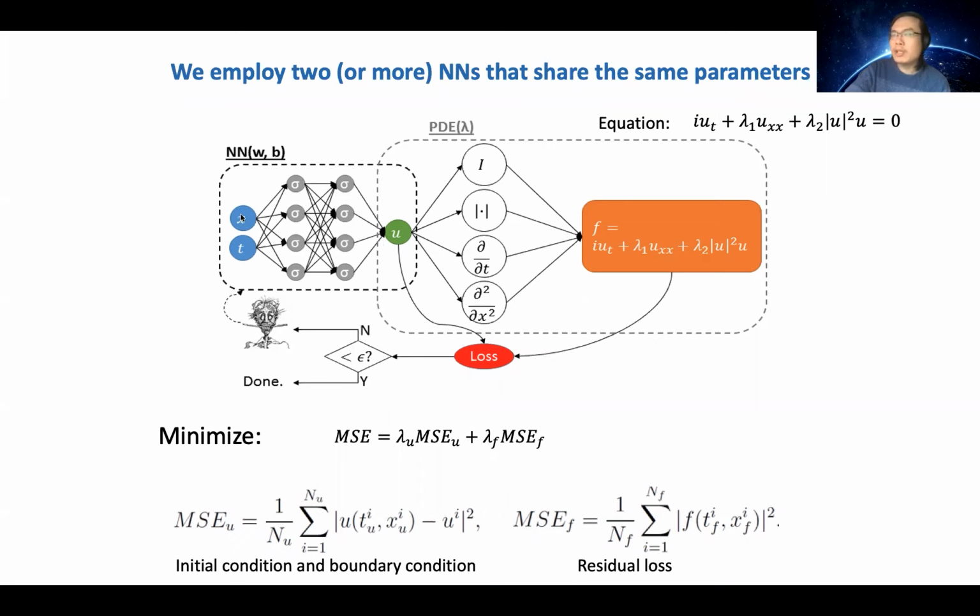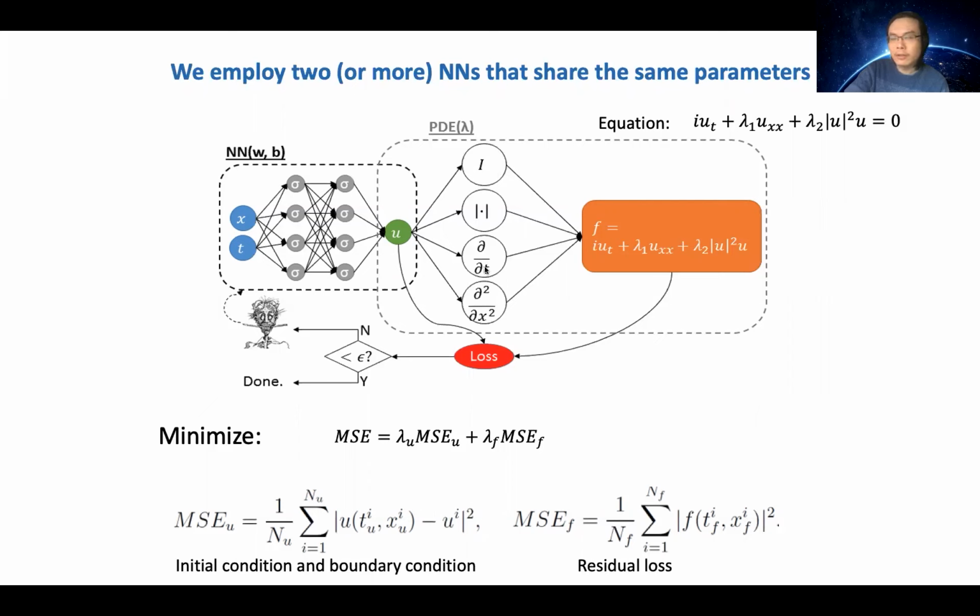The input is going to be the spatial coordinate and time coordinate, the x and t. This is just like a neural network with the parameters w and b, and the output is u at x and t. Of course, we can apply an identity operator, and then we can also calculate the absolute value. The interesting part is that we can also calculate a derivative analytically by auto differentiation. So that's actually the key.